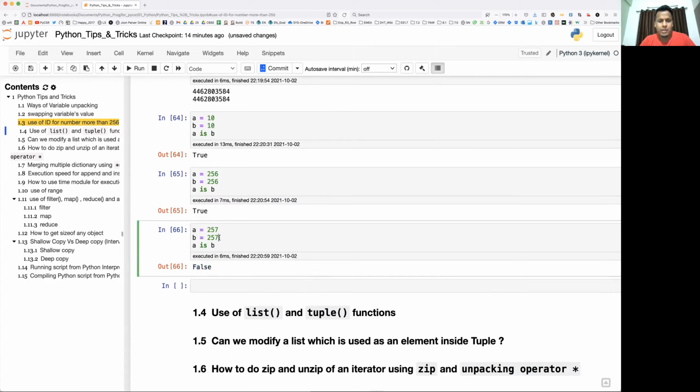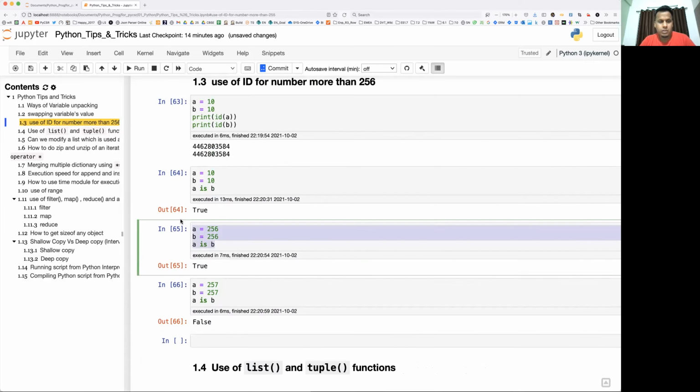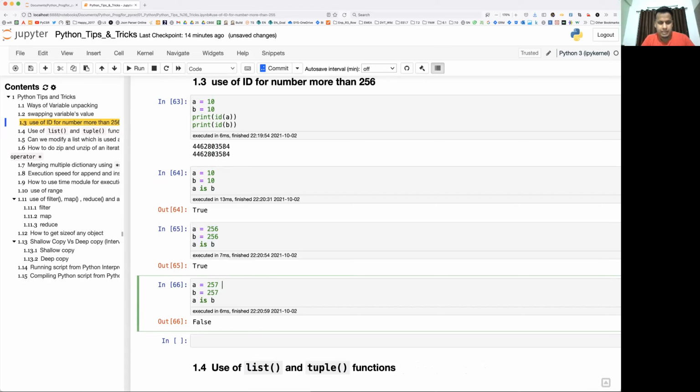The reason behind this is that when the Python interpreter was designed, the developers hard coded or cached the smallest numbers in memory, that is from -5 to 256. Those are the smallest numbers and very frequently used, and that is the reason you are getting the same memory location. Whenever you assign any number greater than 256, you are going to get a different memory location. Though it looks the same, they are pointing to different memory locations.